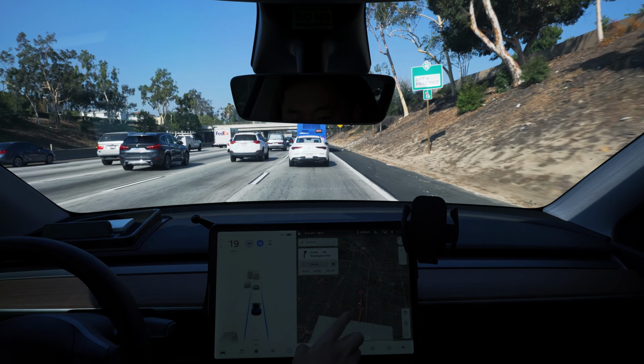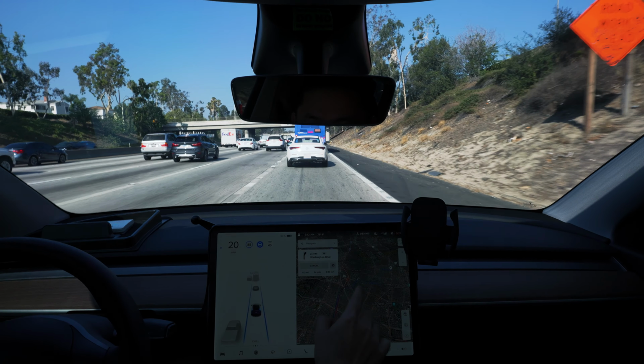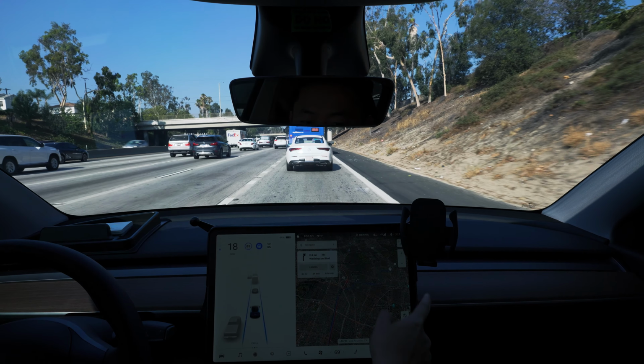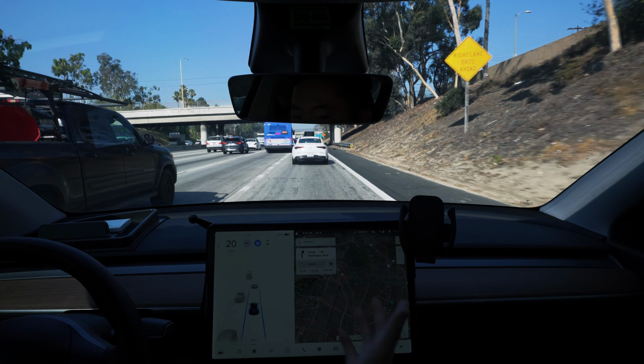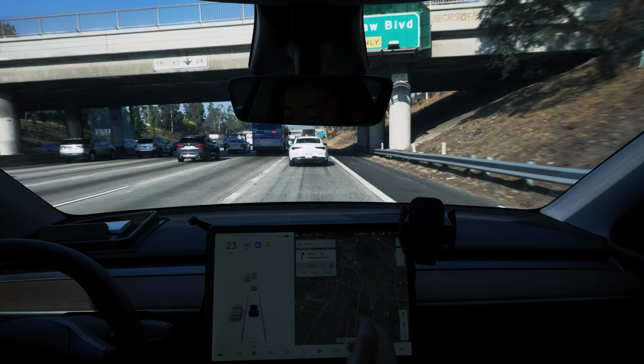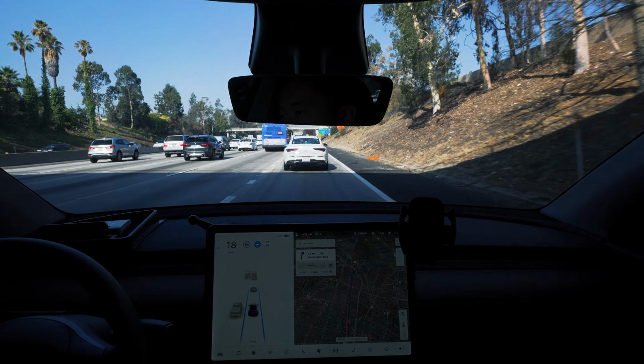Okay, so it looks like we have another 2.4 miles to go until we get off the exit. We'll probably get off at this one because it might not be worth it to keep going further into Beverly Hills to get to our destination on the 10 and take an exit later. So we'll probably get off at the exit at 7B or Washington Boulevard, which is in another 2.3 miles of